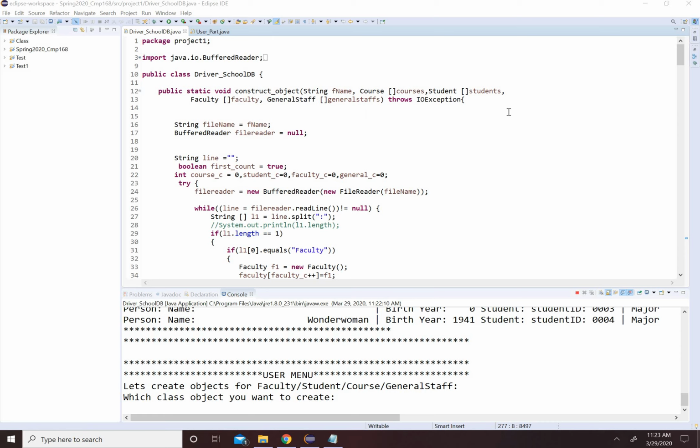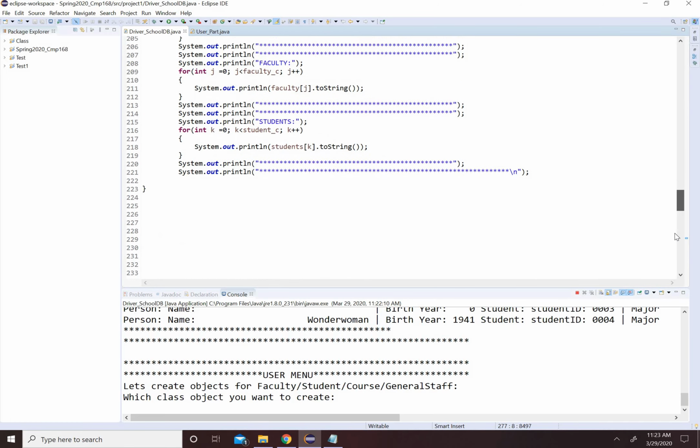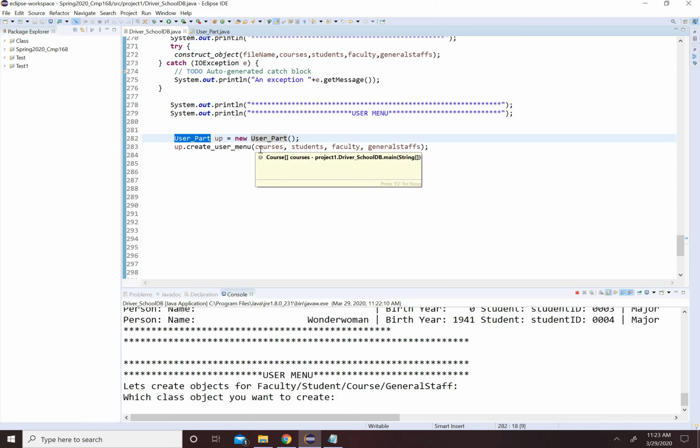This is the school database project, and this is the driver for that project. Here we are constructing objects from the file and showing it to the console, and also reading from the file and showing it to the console. For the user menu, I have created a class user part and I'm calling its method create user menu, and sending all